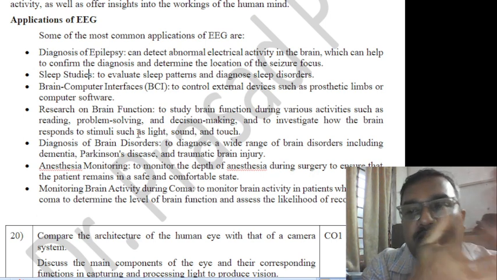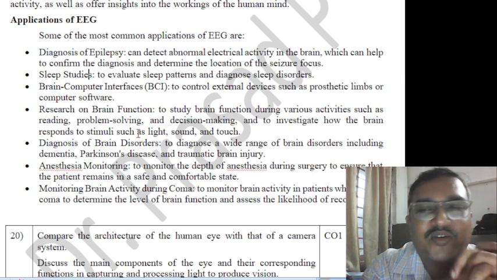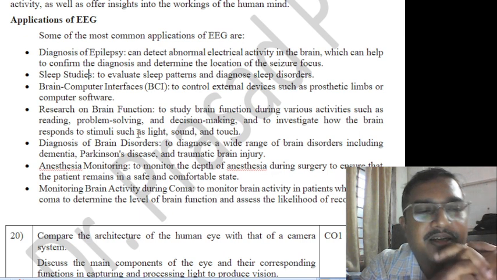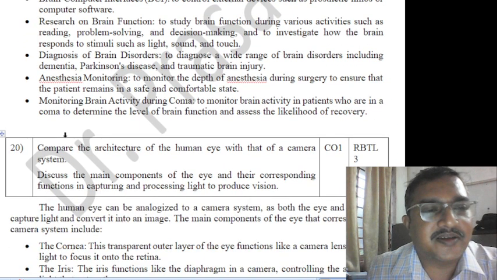If you want more information, you can ask me. I'm an expert in that. I can tell what is going on in your brain. Okay, what is going on in my brain is that I need to finish this off at the earliest. So